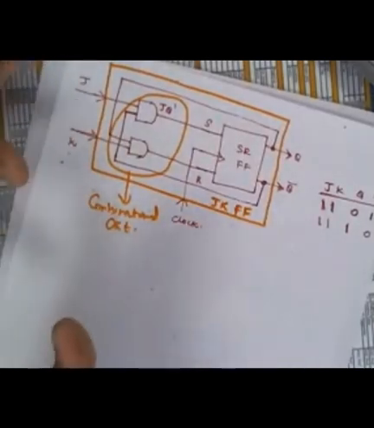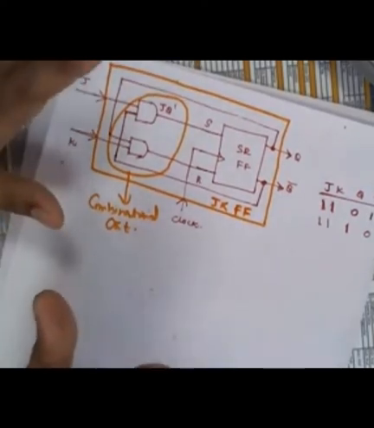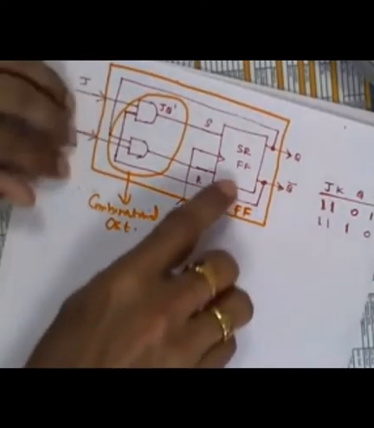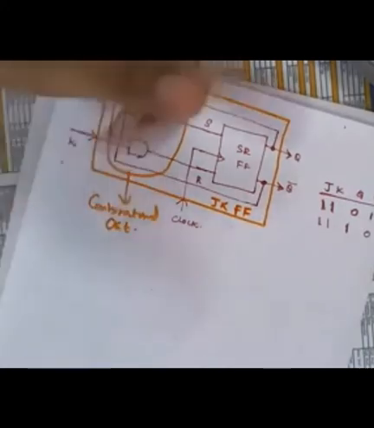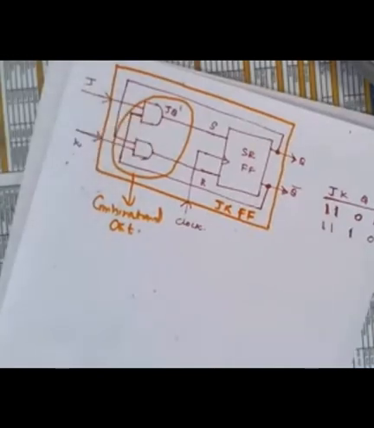Since the core characteristics cannot be changed now, core behavior is SR flip-flop only. So the core is working as an SR flip-flop only, but the SR flip-flop will be driven in such a way that the whole system will realize the operation of a JK flip-flop. Right? That is controlled by this circuit now.